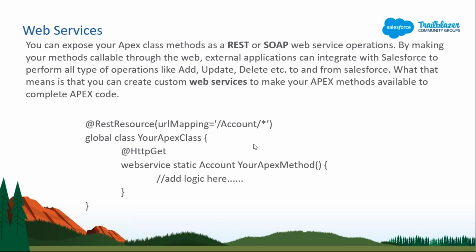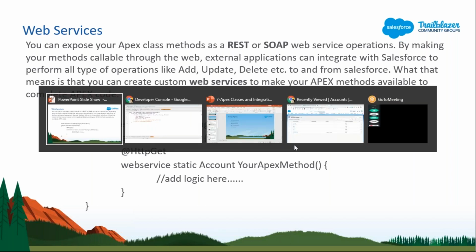Now I will not be able to create this REST resource, because it is only useful when we are working with external resources. We should have that external resource connectivity, like a username and password. Right now I don't have any external resource username and password where I would find database tables and all. So it is not possible for me to show you, but you can go through the Trailhead. Let me show you in the Trailhead.